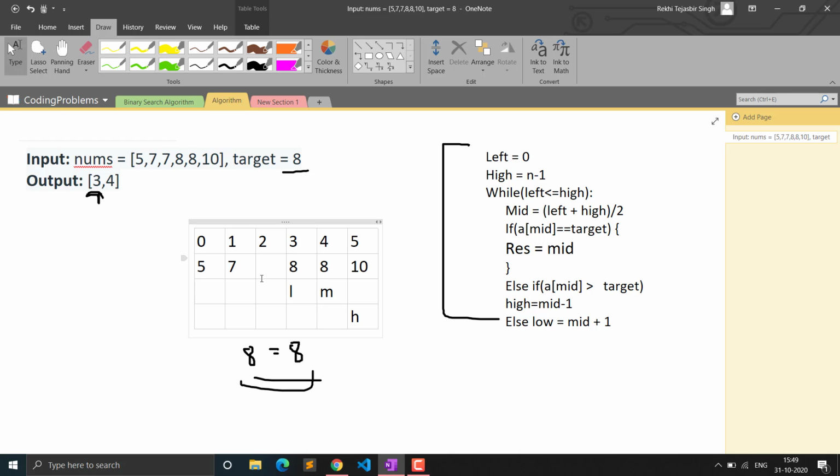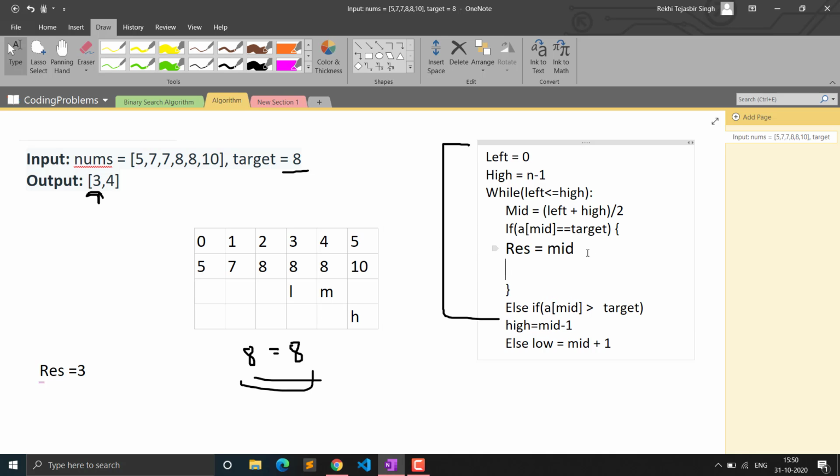For example, if we are given an 8 here, for searching the starting index, we have saved this index in our result. This index is actually 3. It is equal to the target that we are searching for, and we have saved it in the result, but we will confirm whether it is the starting occurrence of the element in the array or not. For doing that, we will keep continuing our binary search until low is greater than high.